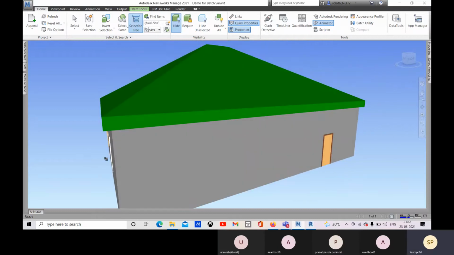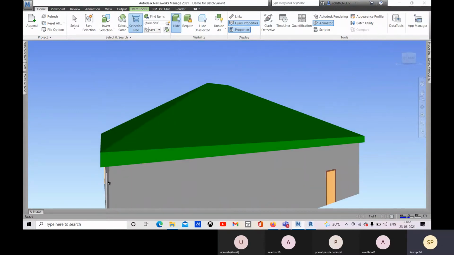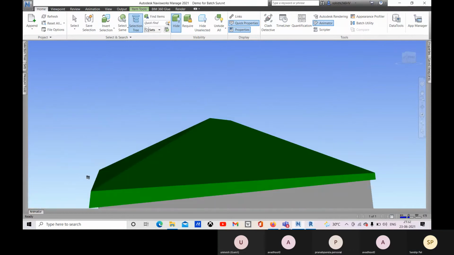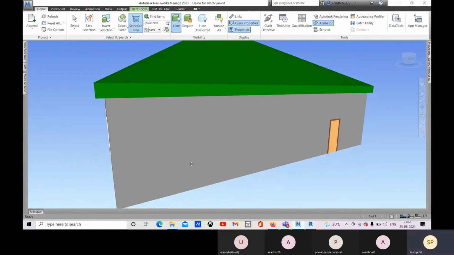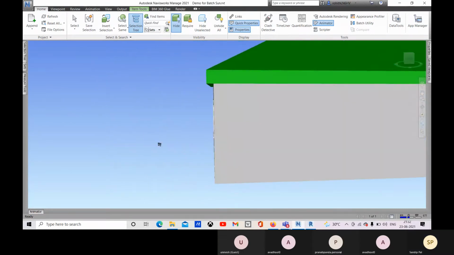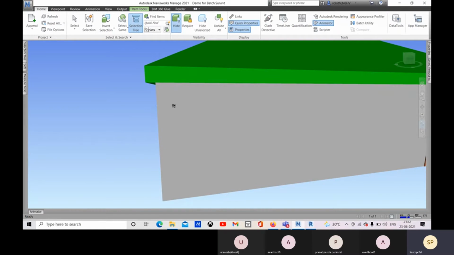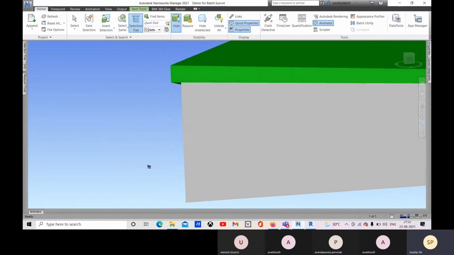And then you can scroll up also, scroll down from this particular location to change the eye level like this. And if you want to change the screen position, you can change it by holding your scroll button, and you can walk around.